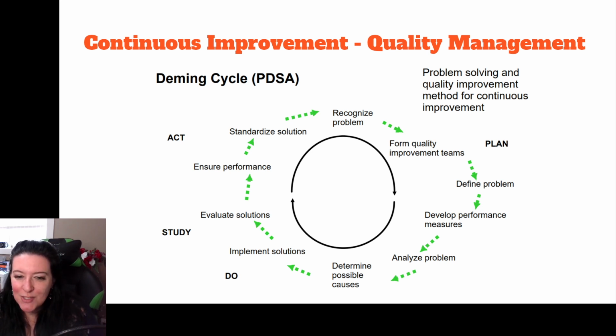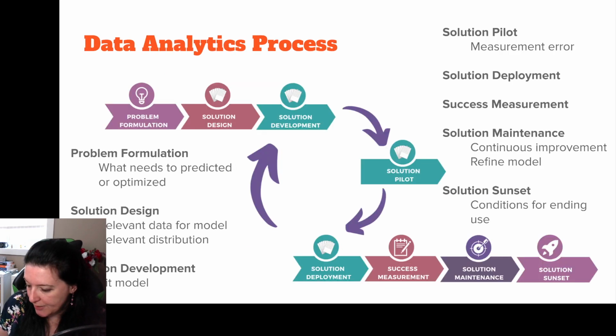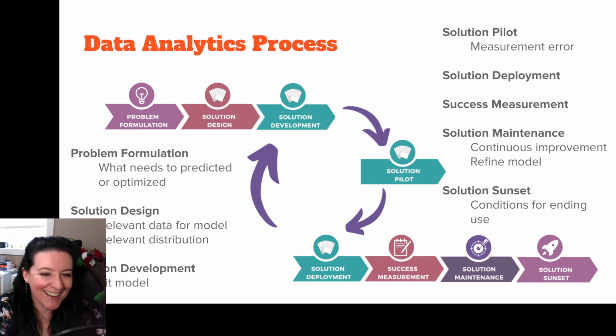We evaluate it, so we're measuring how well it worked. We see if it worked well. If it did, then we implement it wide scale. If not, we tweak it, and it continues. We're constantly improving our models, our methods, as we're trying to improve the organization and the decisions and the recommendations that we're making. So whether we're doing more traditional data analytics that's not high-tech machine learning AI, we still need